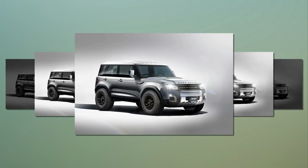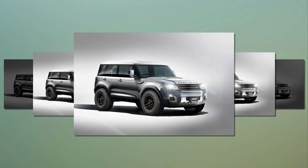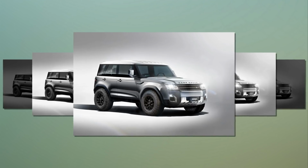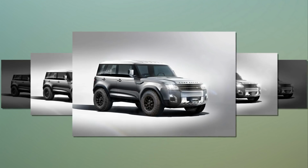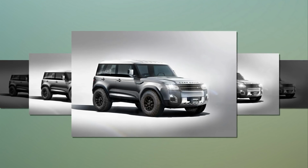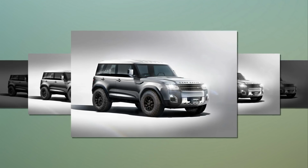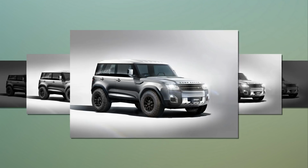The Defender's possible low volume and low prices relative to its aluminium siblings mean it will most likely be built at Land Rover's new Slovakian plant, which Autocar has visited, where manufacturing costs will be lower than in the UK. JLR has previously said production in the Slovakian facility, which will be able to make the firm's aluminium models,